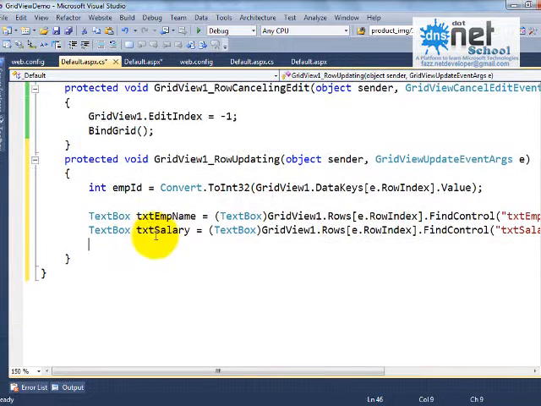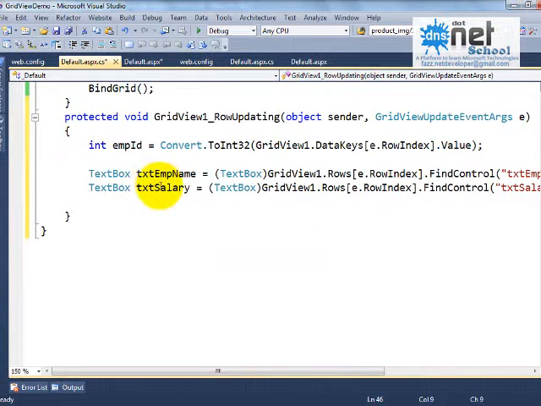Okay, so only two text boxes are there. Remaining are emp ID for label, and we have file upload control for photo, for gender we have radio button list, and for designation we have drop down list.